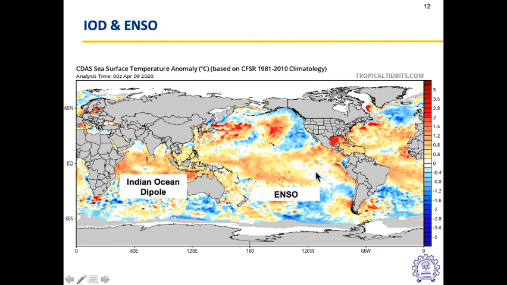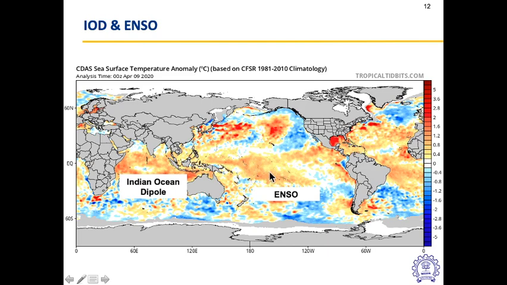Neutral ENSO conditions are good because then that means the winds will be pushed, the trade winds, these are again the moist trade winds, these winds will be pushed towards India, and these winds will help in creating convection and formation of systems for the Indian monsoon. If ENSO is active, then it will weaken the trade winds.